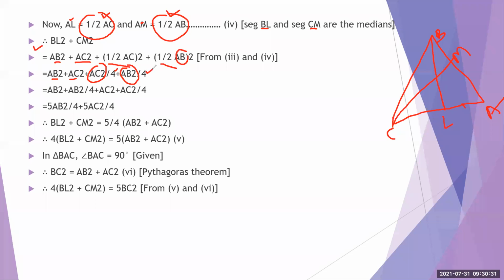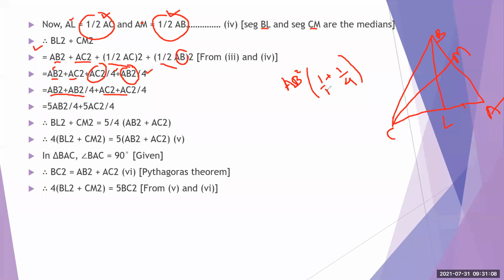So the 4 comes upon it. Nextly, in this equation, what we did is combine AB here. This was AB, this was AB, so we have written them together, and also AC we have written together. Then simply solve this. How did we do this? It is AB square. To explain AB square, I am writing it in the bracket. It is common, so in the bracket what we will get is 1 plus 1 by 4, right? Simply we solved this. So 1 plus 1 by 4. Actually we are doing the LCM, or we can say the cross multiplication.